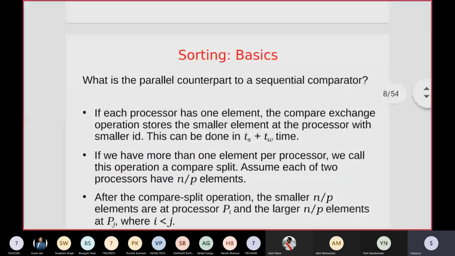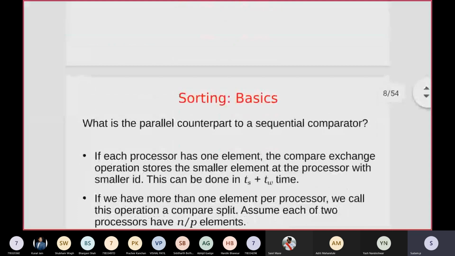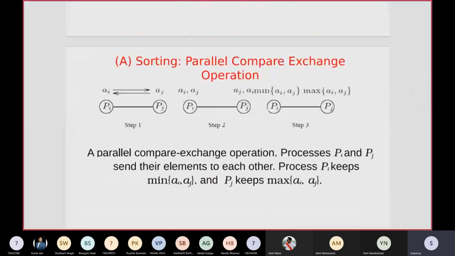In this way, sorting using the compare and exchange operation works for one element per processing element. If there is more than one element per processor, or a sequence of elements, for example Pi having 5 elements and Pj also having another 5 elements, in that case